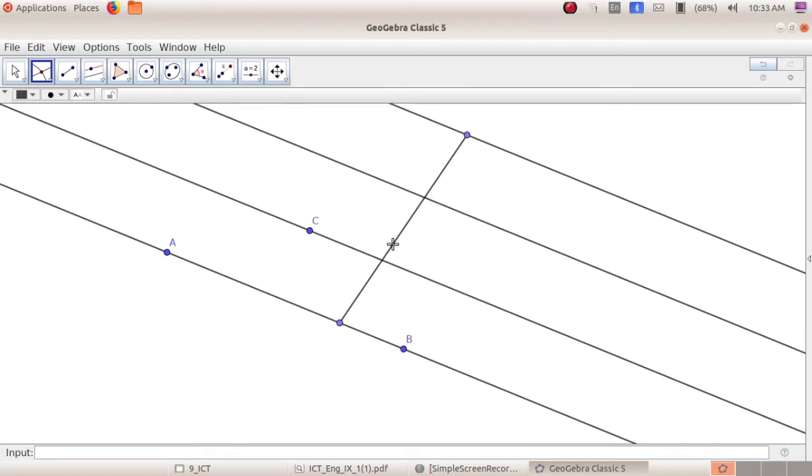Now you can see the intersection point. Likewise, find the other intersection points. So these are the intersection points.